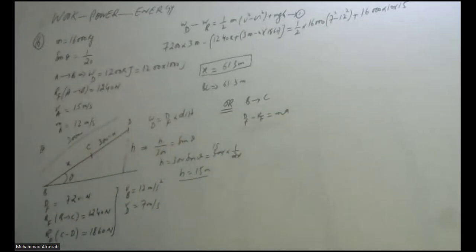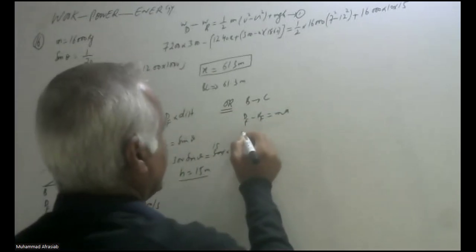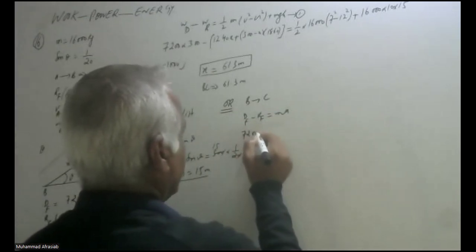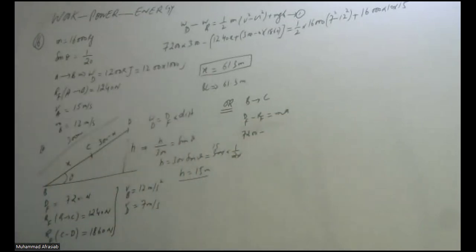Since the driving force here is 7,200, we can write this as 7,200 minus the resistive force from B to C, which is 1240,